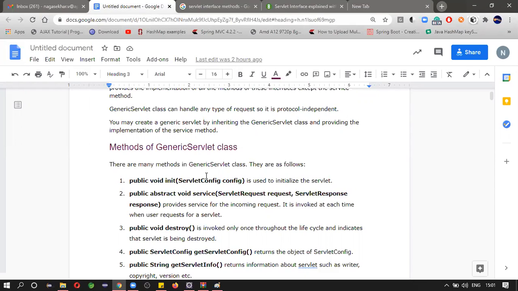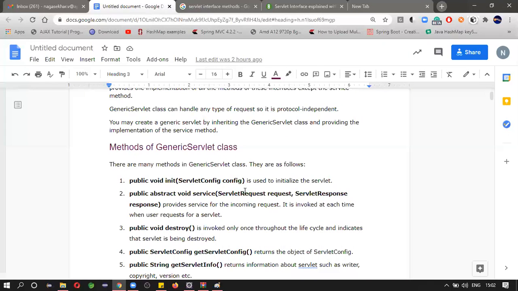One more question to you. Is HttpServlet extending GenericServlet or not? Only one person is answering the question.